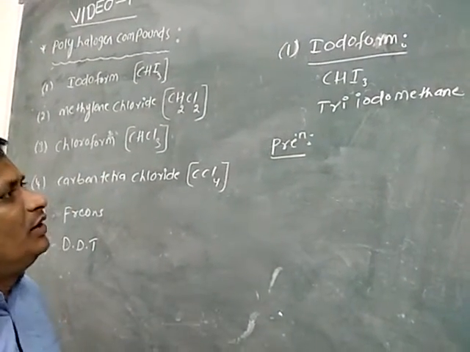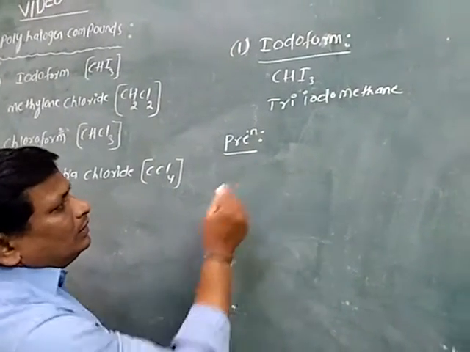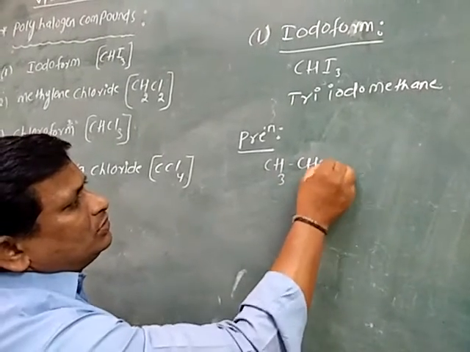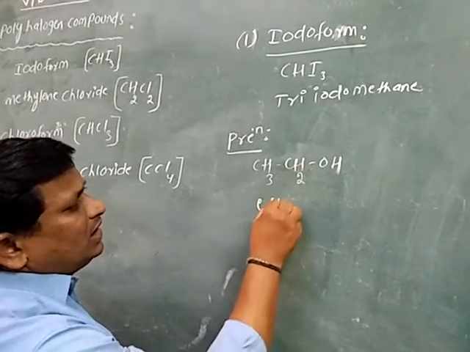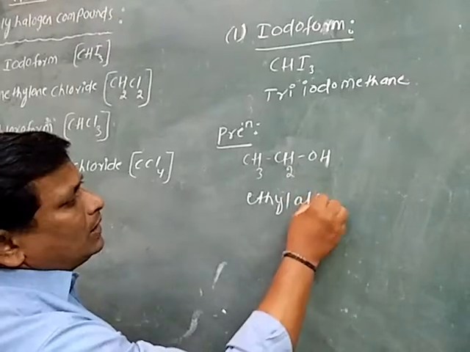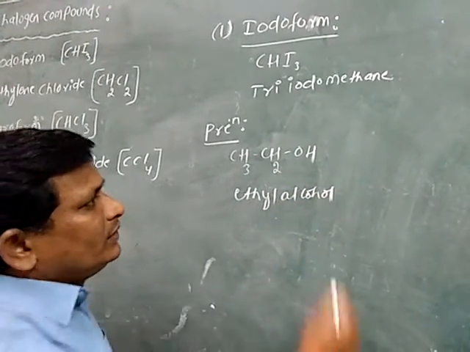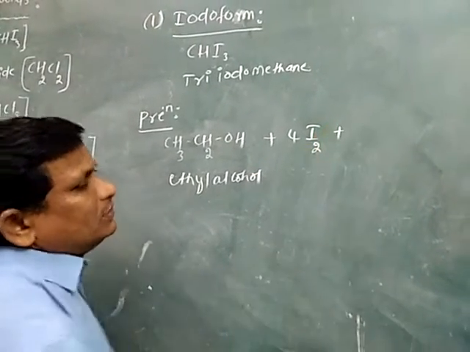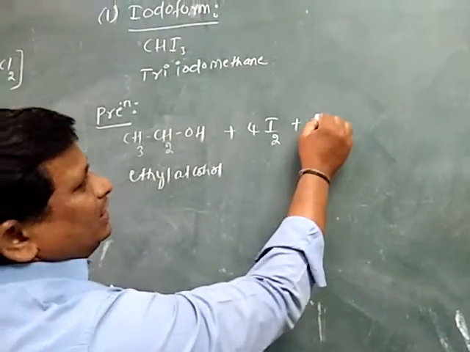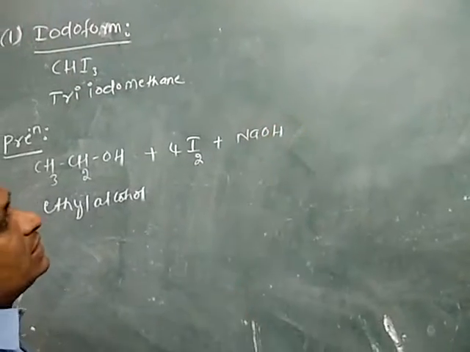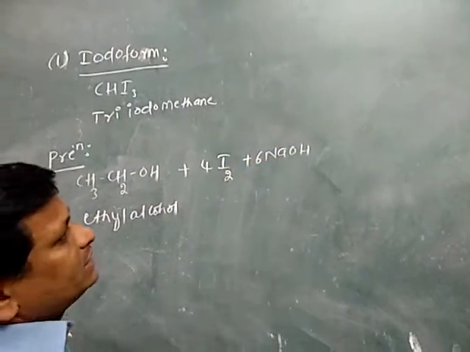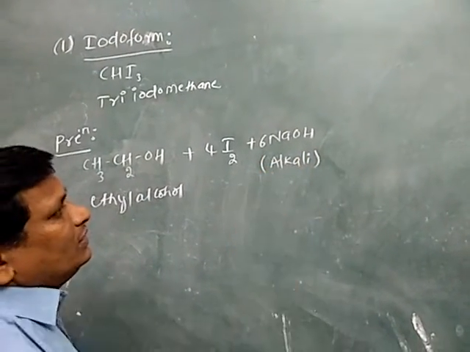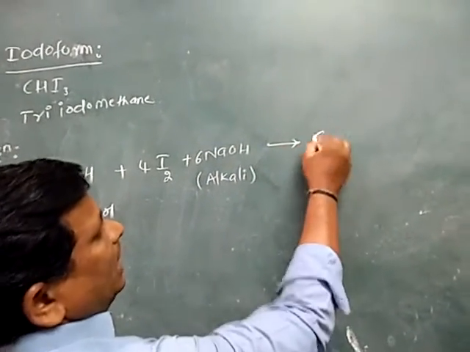The preparation method of iodoform is as follows. Let us consider ethyl alcohol, CH3CH2OH. It is treated with 4 moles of iodine, 4I2, in the presence of alkali. The best alkali is sodium hydroxide, 6NaOH. Then it gives iodoform,